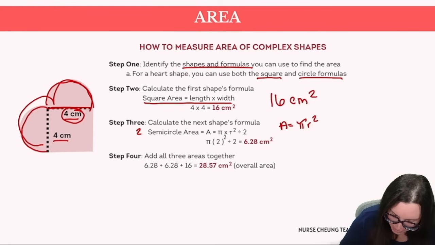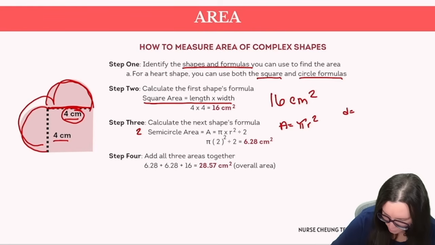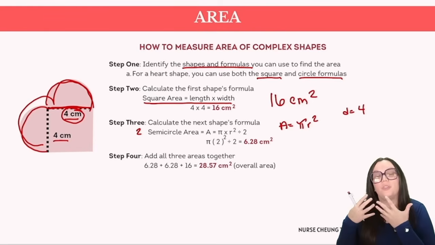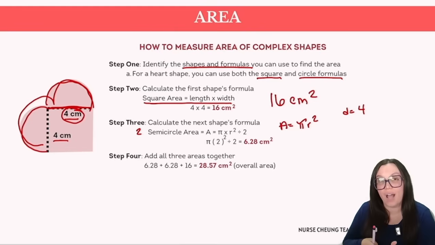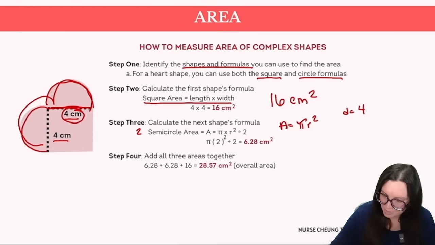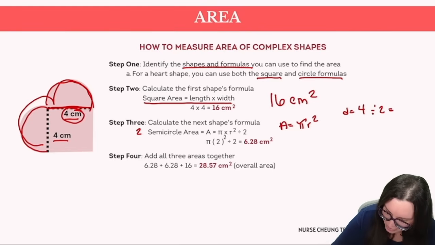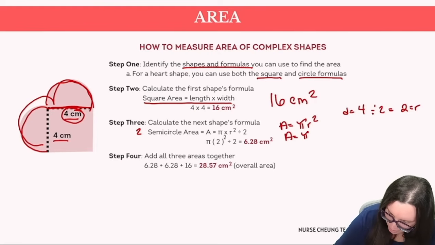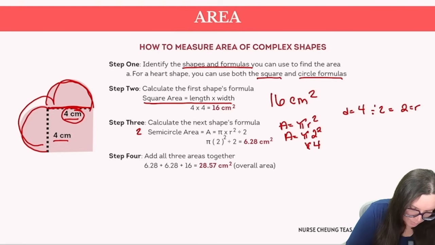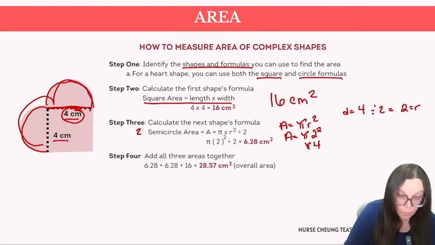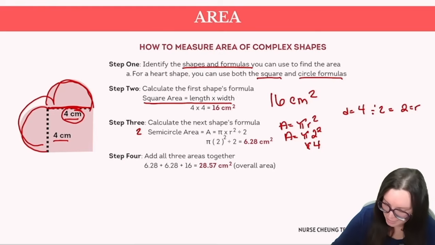So in this particular case, we know we have a diameter of 4, and we know that in order for us to determine the radius we have to divide that diameter by 2. So we're going to divide by 2, and that is going to give us 2 as our radius. So now we just need to plug it in. So A is equal to pi times 2 squared. We know that 2 squared is equal to 4. 4 times 3.14, which is the value of pi, is equal to